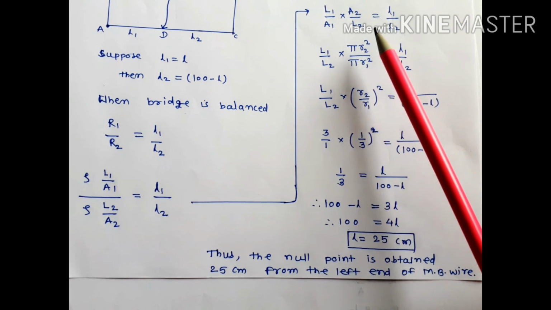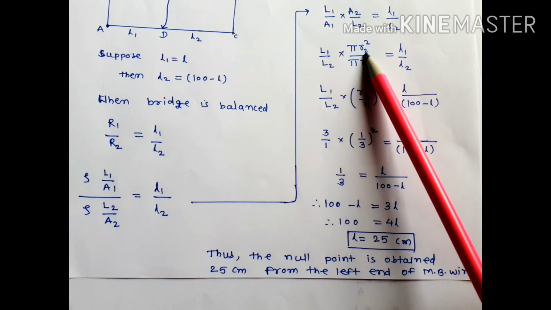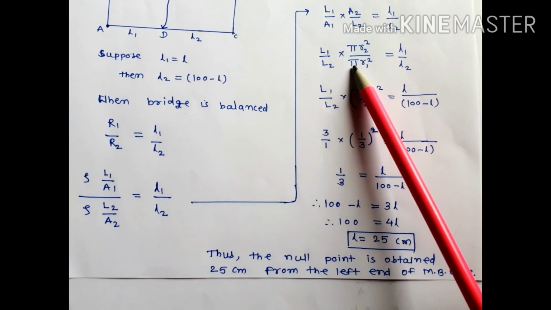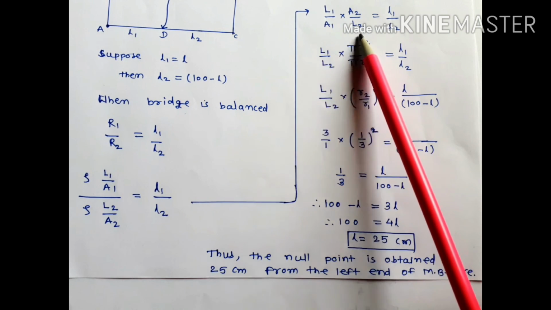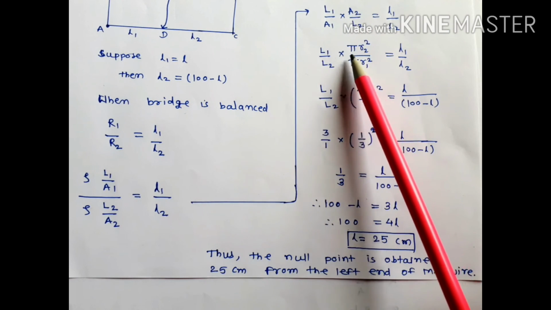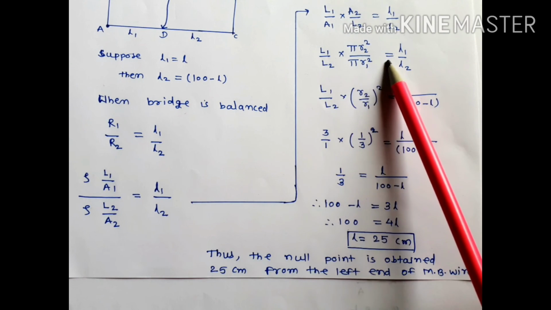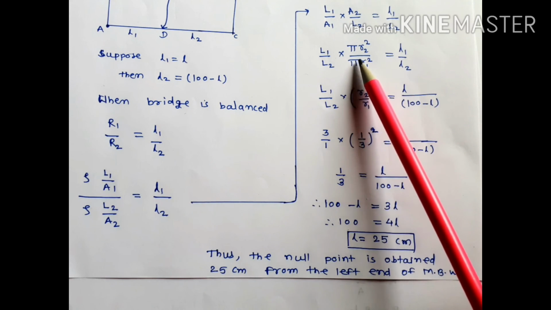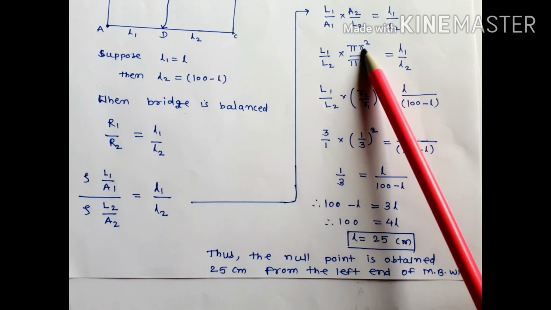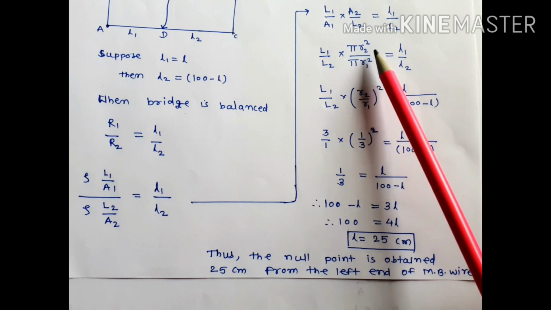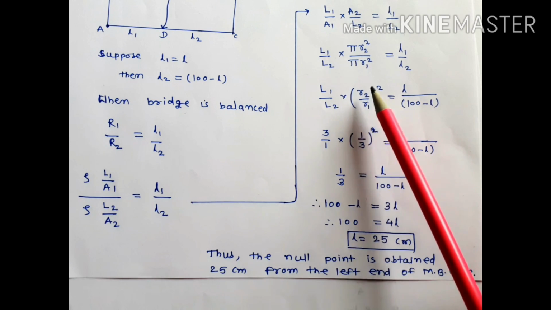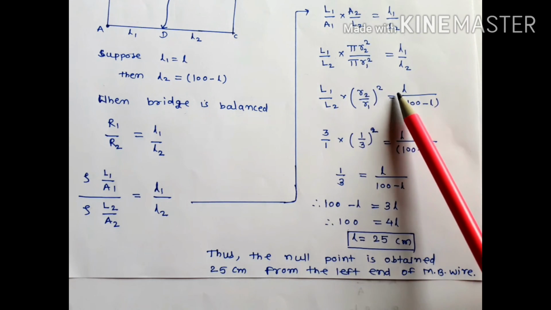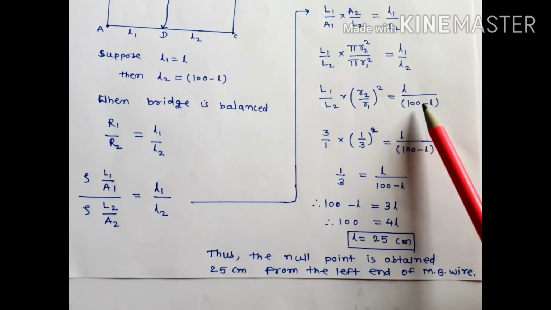Now see the next step. Here I have expressed this area of cross section in terms of radius. For A2 it is equal to pi R2 square, for A1 it is equal to pi R1 square. L1 upon L2 written separately, A2 upon A1 replaced by pi R2 square divided by pi R1 square, equal sign as it is and RHS term as it is. In the next step we have cancelled pi. This is R2 square divided by R1 square, from this the square is taken common and written outside the bracket. L1 upon L2 as it is into R2 upon R1 bracket square is equal to l divided by 100 minus